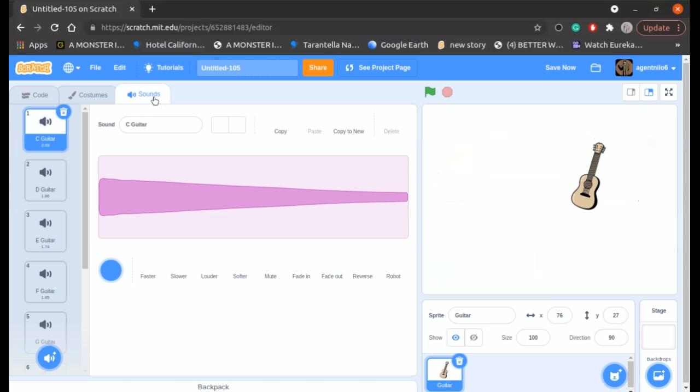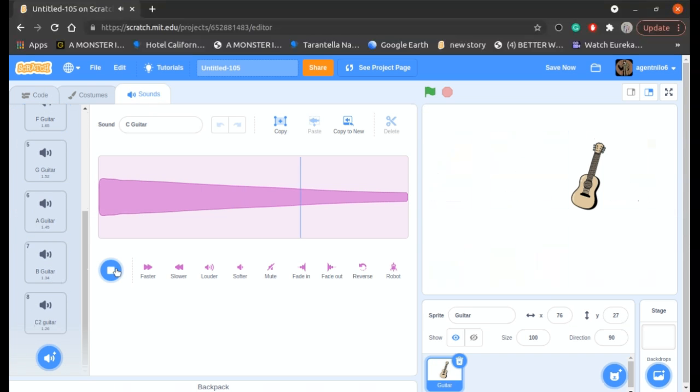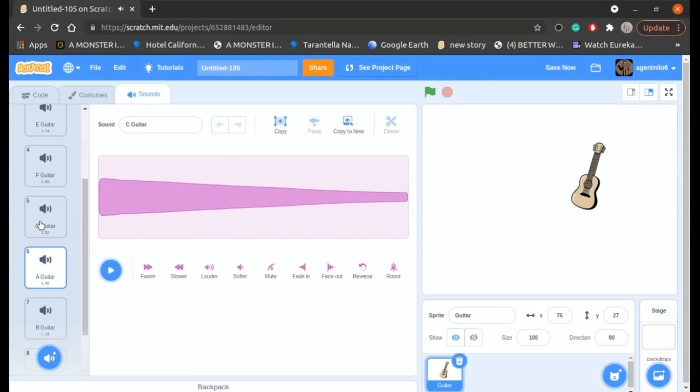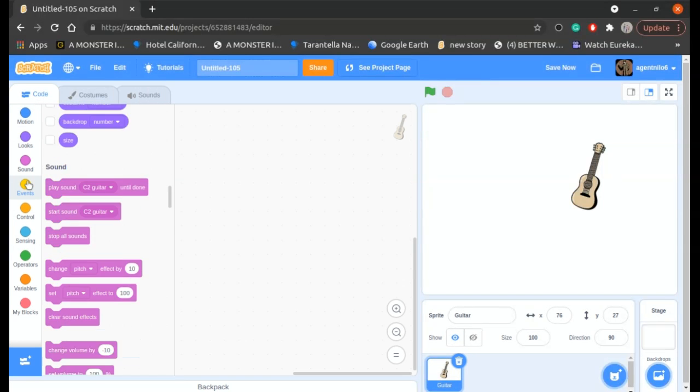Then we'll go to sounds, and as you can see there are a lot of sounds. Let's put this one for you. Here's the next one. Okay, so now what we need to do is, let me fix my speaker. Here we go. Now we need to go to code, go to events,